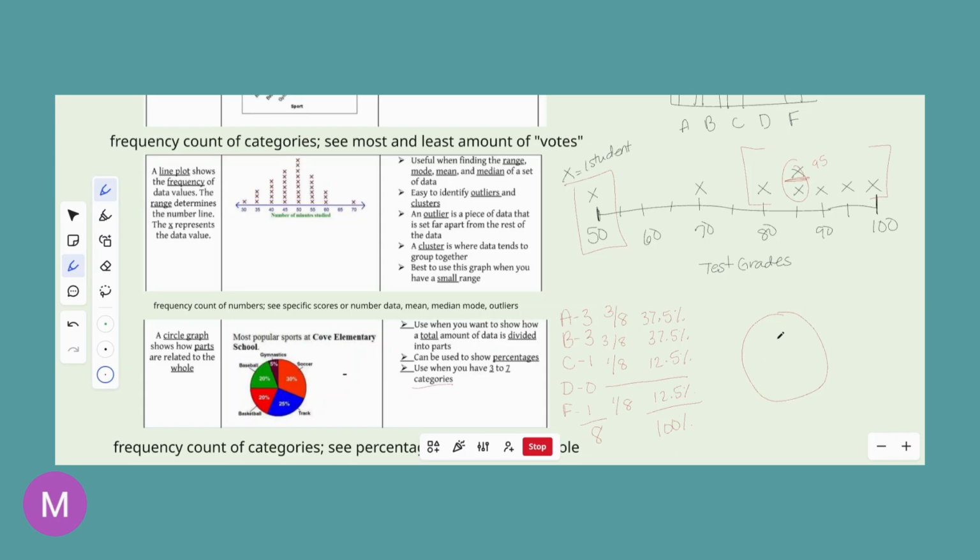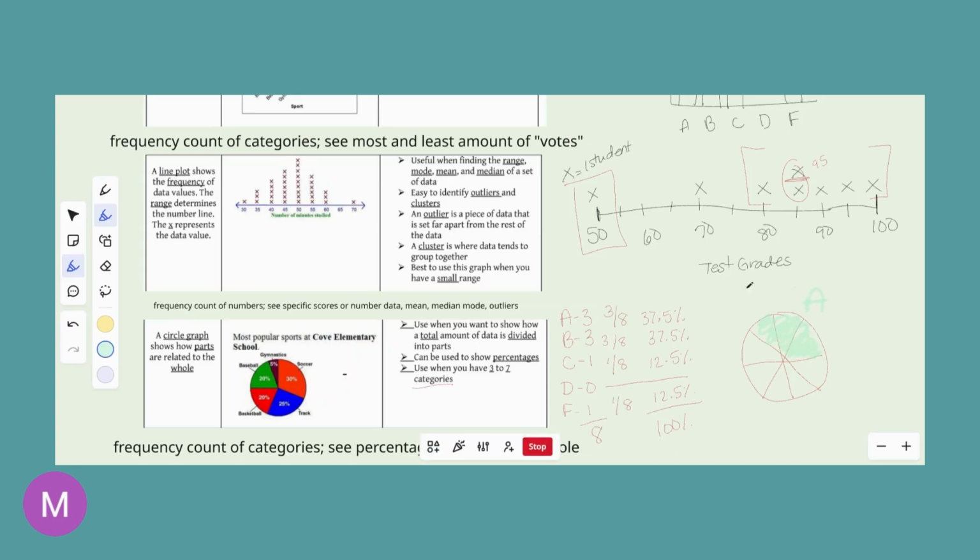All right. The other thing you could do is you could break your circle into 8ths and then color in 3 of them and 1 of them. So there's 4, 7, 8. All right. So now we have 8 sectors. And if I were to color them in, I would want to use different colors and label them. So we'll have 3 of them